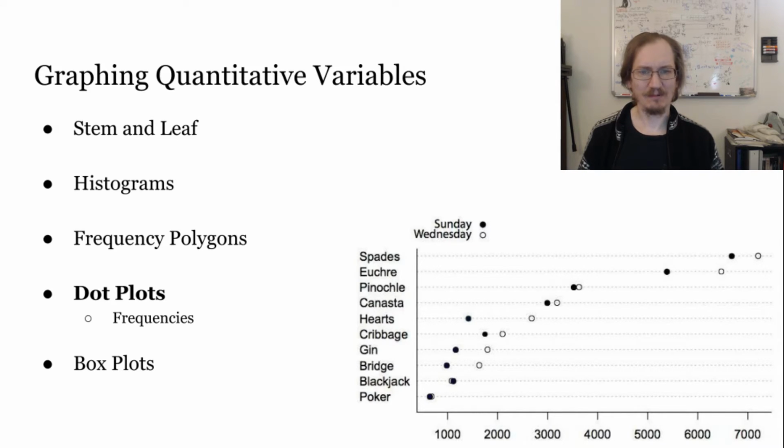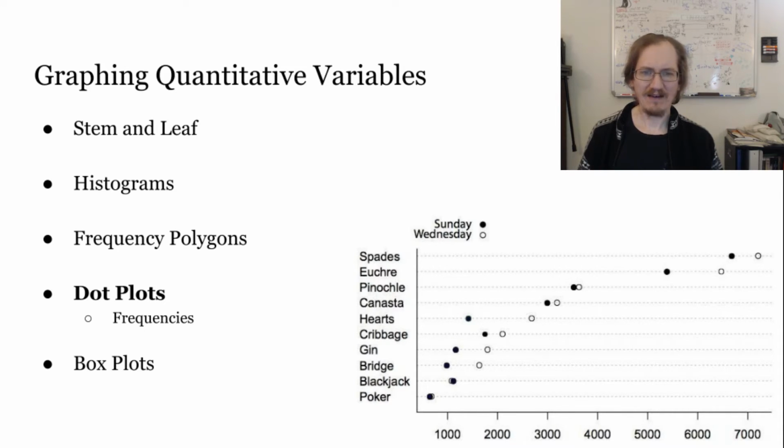A black dot would be for a Sunday, a white dot would be for a Wednesday. And you can say that for hearts, maybe there are 1,500 games being played on a Sunday, right? So this is really looking at the frequencies with which the games on the y-axis are occurring on these different days. There are a number of different ways to organize these dot plots, but they are largely frequency based,